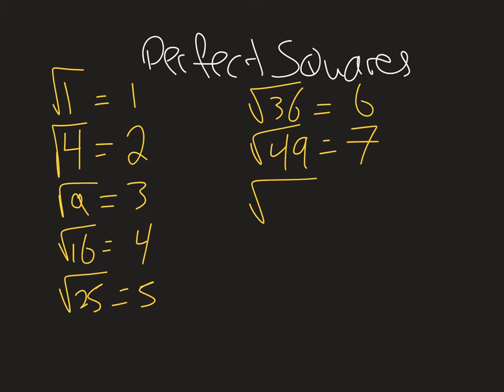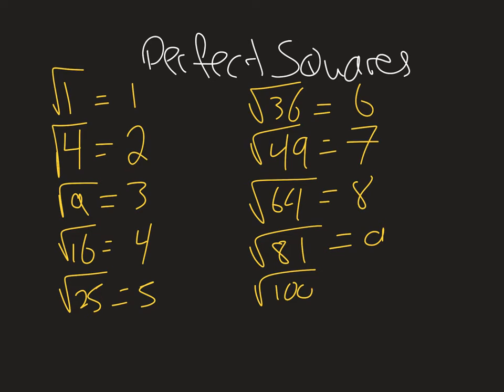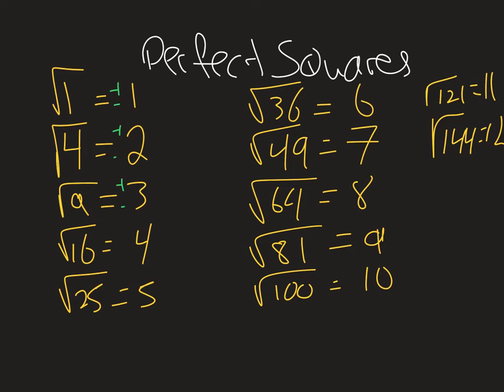And the square root of 64 is 8. The square root of 81 is 9. The square root of 100 is 10. The square root of 121 is 11. The square root of 144 is 12. I think you get the idea here. And then something worth noting, every single one of these we can do a plus or a minus. We don't necessarily know whether it's the positive case or the negative case, and that's going to be dictated by